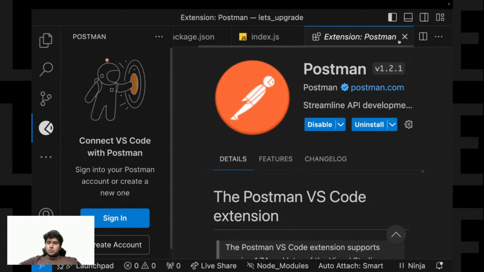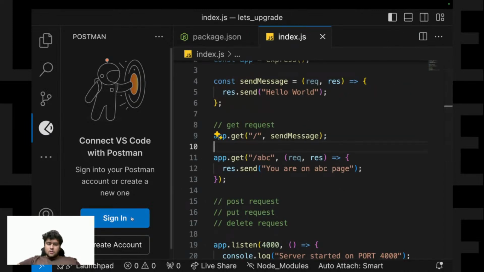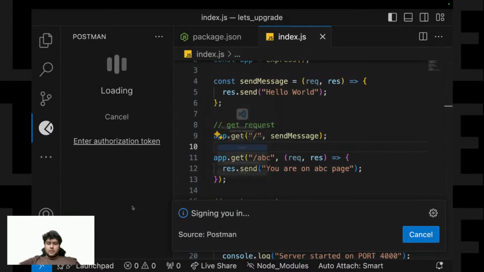And here is Postman. You need to log in in order to create the APIs.